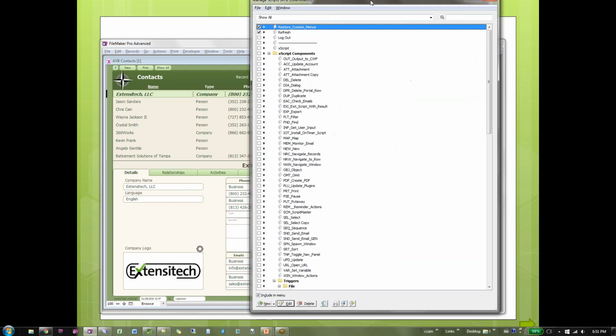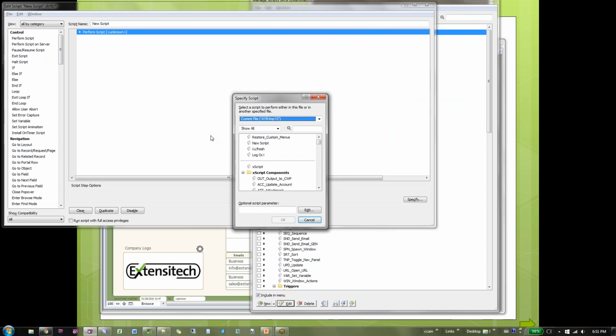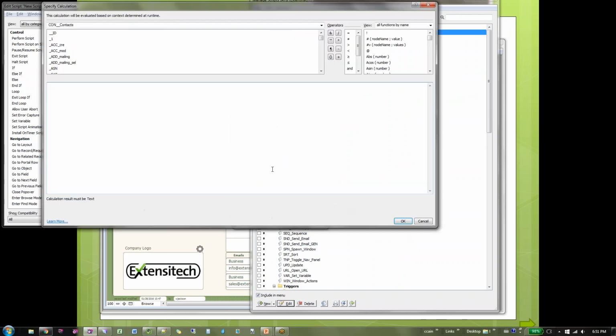So I'm going to create a new script, and all this script is going to do is run perform script, XScript. And we use a multi-parameter method, very similar to something that Six Fried Rice put out some years ago. It's just I didn't know it existed when I came up with this.